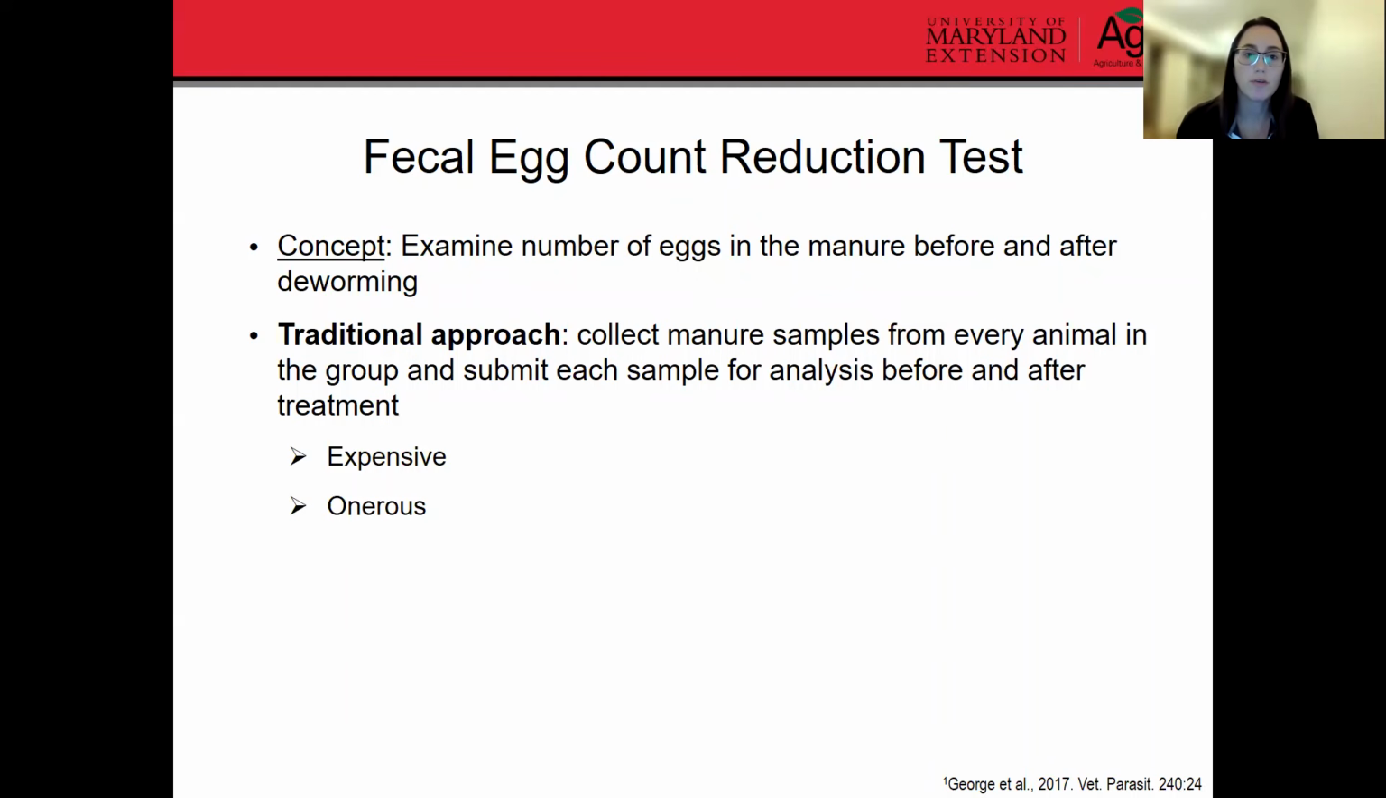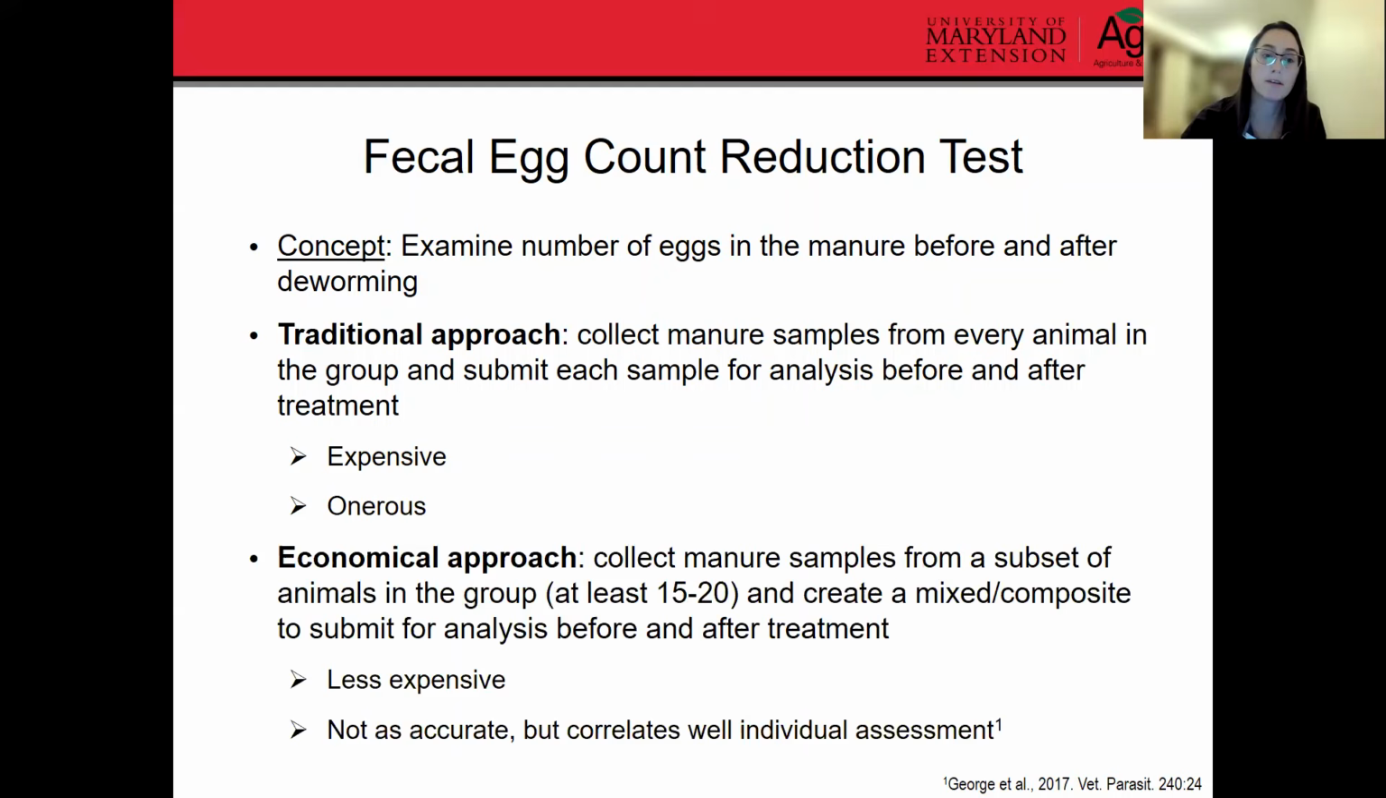The traditional approach to conducting a fecal egg count reduction test was to collect manure samples from every single animal in the group and submit each sample for analysis before and after treatment. Obviously, this is expensive and onerous and not very practical. A few years ago, there was a protocol developed to take a more economical approach, which is to collect manure samples from a subset of animals in a group, at least 15 to 20,